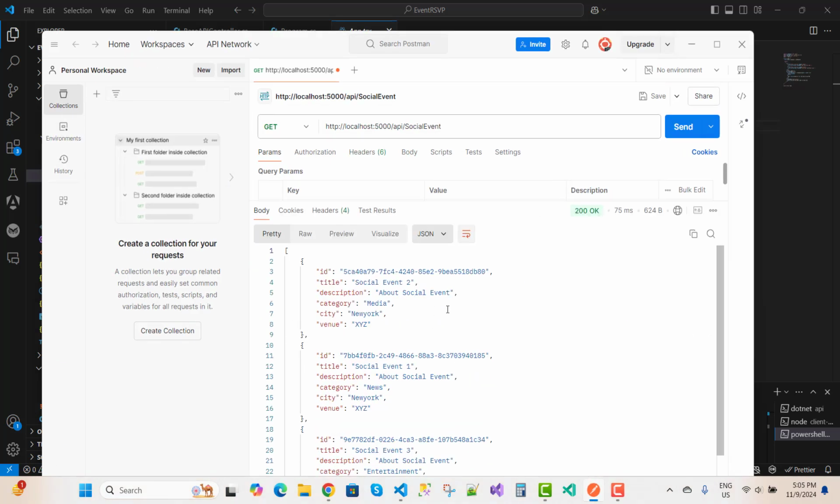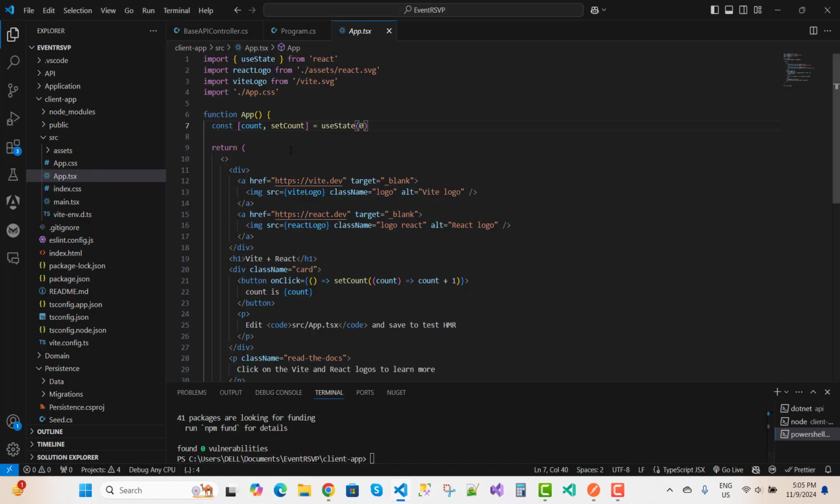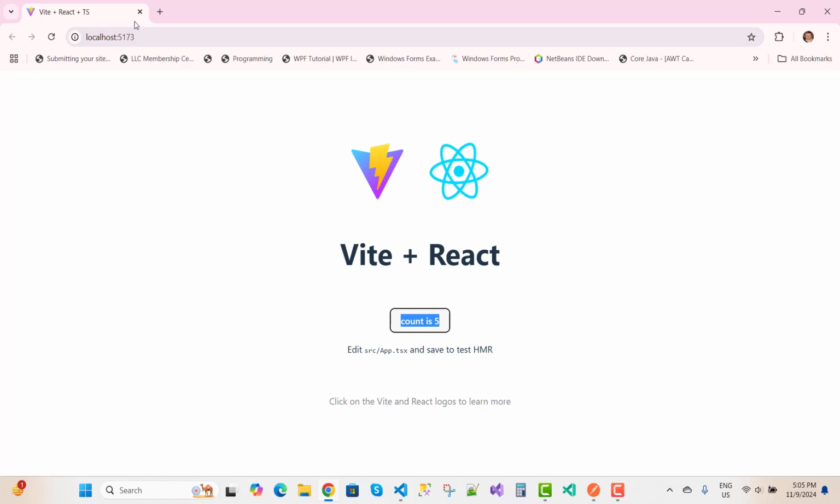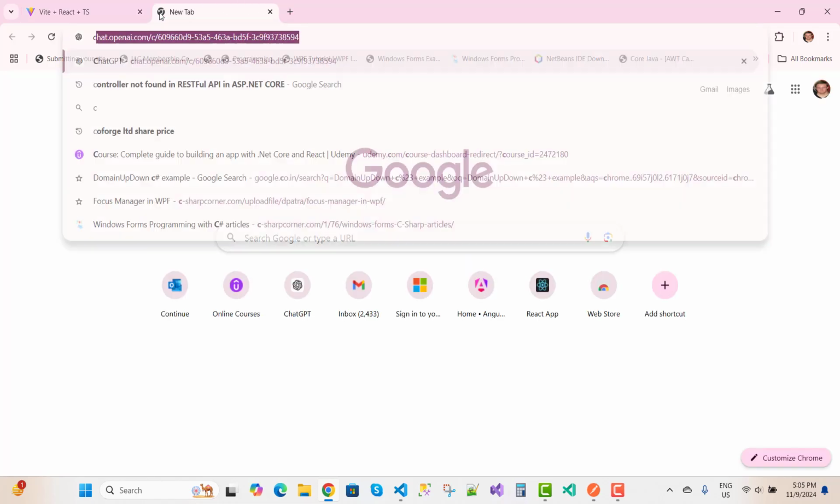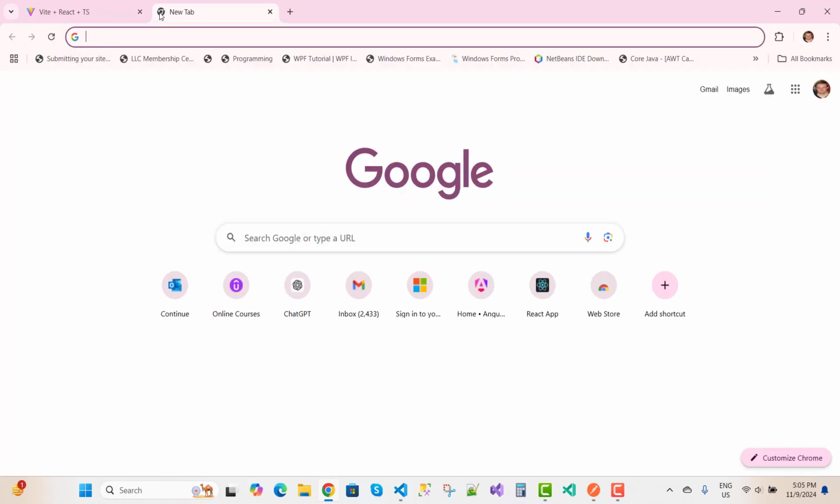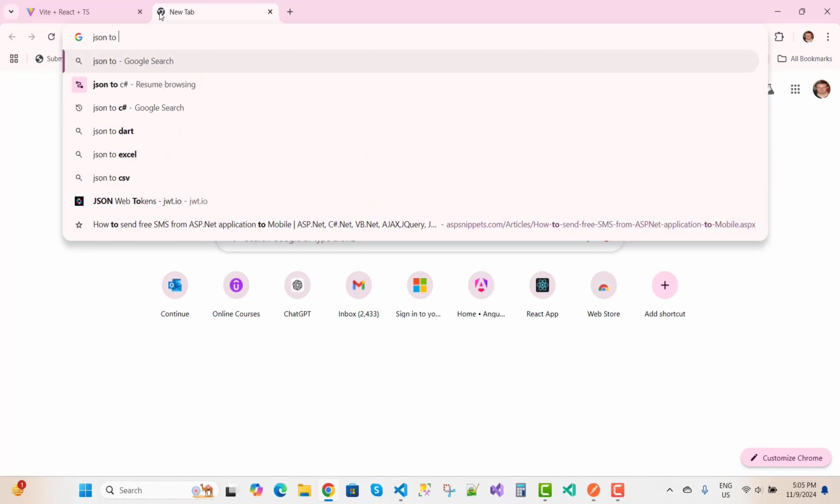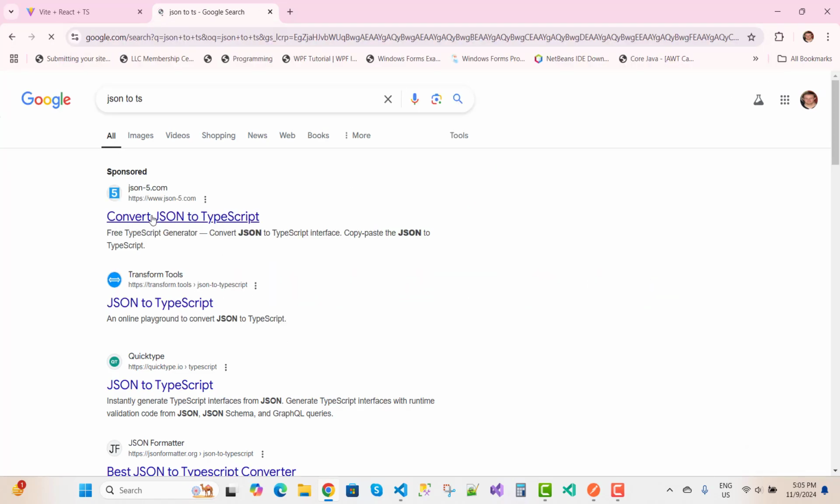Okay, but we all know that here we have a social event. That one is my social event, and I want to call it, just you can use this data. It's a type of object, but here I'm using TypeScript. So how to map this data? So you can use, sorry, JSON to TypeScript. So here we have a convert JSON to TypeScript, and